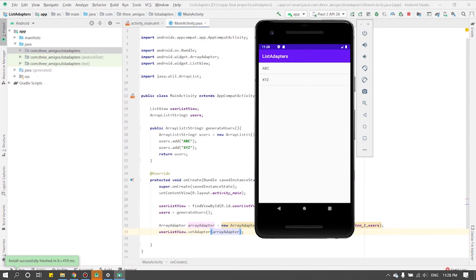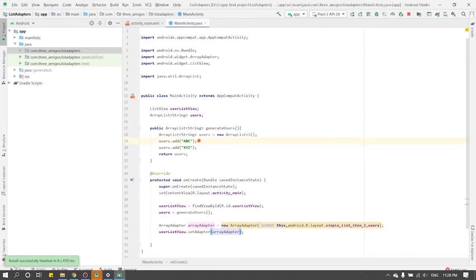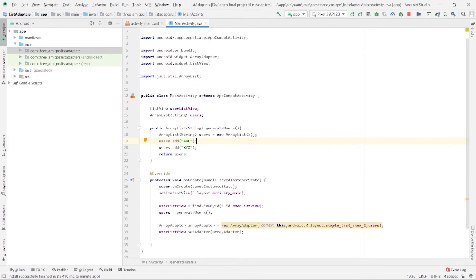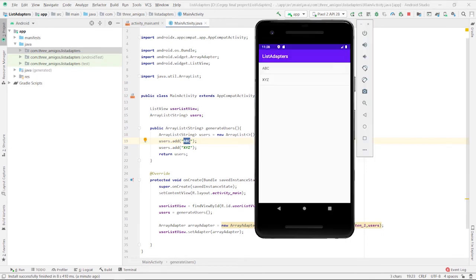Now let's understand why we need a custom list adapter. In this case, there is a single text view. This is a simple list view, and we are simply adding a string. But let's say you want to add a row in which you have an image over here. For an example,